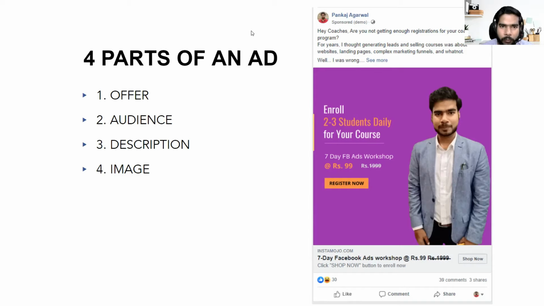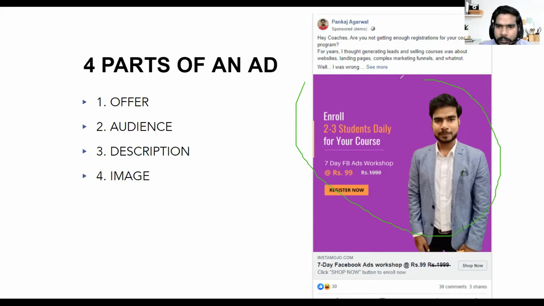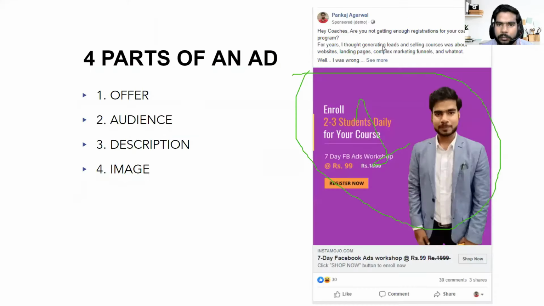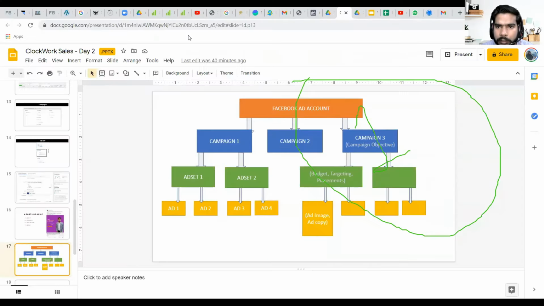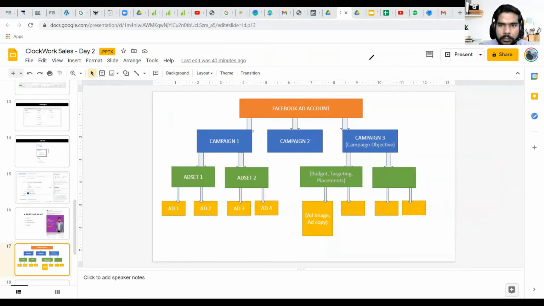Third is description. What is description? This one is the ad description. This is the ad image, number one, and this is the description. Let me hide this first. Hide floating meeting controls. Yeah, this is the ad description, the one which is coming above the image. Let me bring the meeting controls again and erase it. Annotate, clear drawings. Okay, done. Control F5.